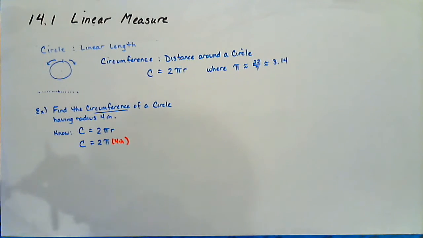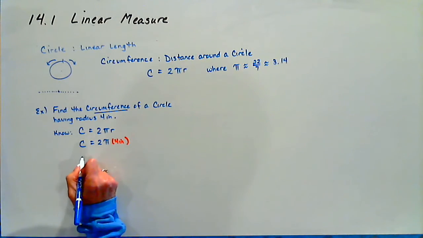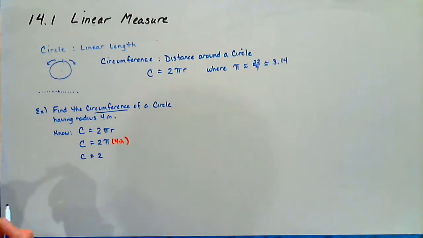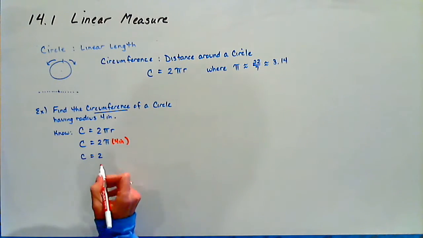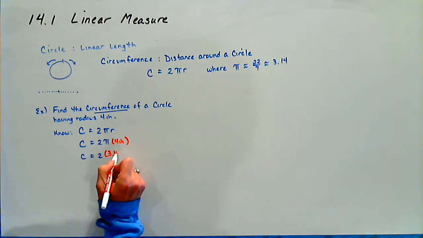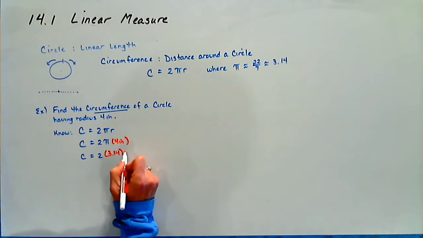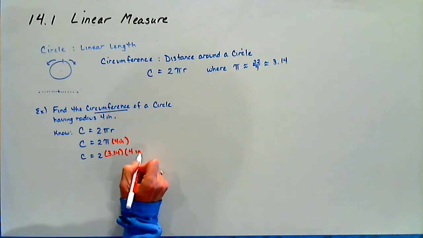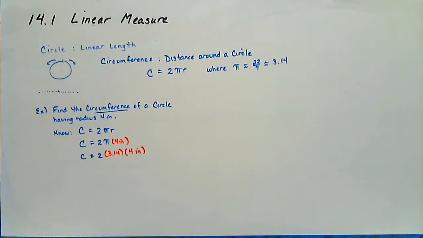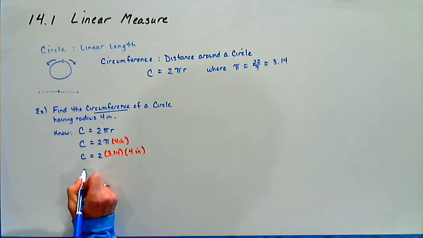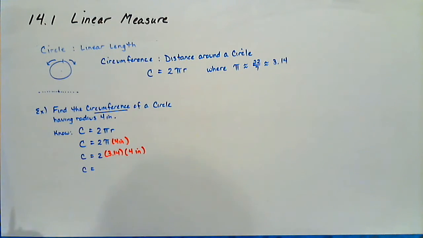Now substitute in what we know. We know that this is 2. We know that we are supposed to use 3.14 for the constant number pi, times 4 inches. You'll notice there's only one unit of measure, and inches is to the first degree. Therefore, I know it's length. And that gives us a final value of